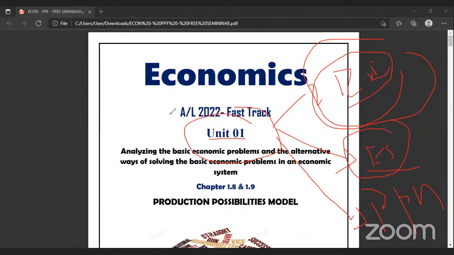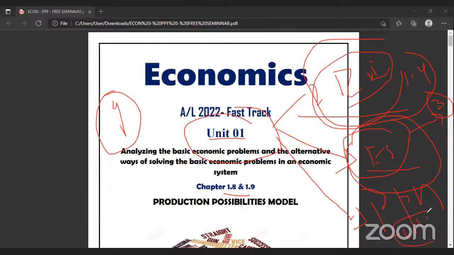So today I'm going to discuss this third part, right? According to the syllabus, there are 9 sub chapters, that's what I have mentioned here, 1.8 and 1.9. The first set of these areas comes from 1.1 up to 1.4. There are 4 sub chapters under the introduction to economics and the concepts related to economics. Then the basic economic systems and the economic problems, there are 3: 1.5, 1.6, 1.7, and the last 2, 1.8 and 1.9, belong to the production possibilities, right?